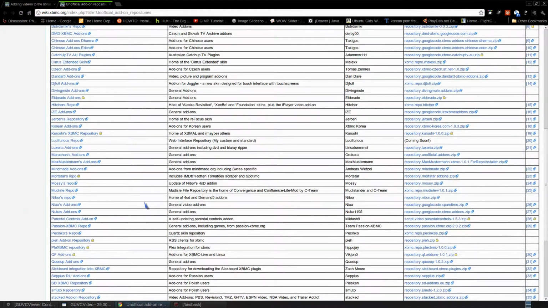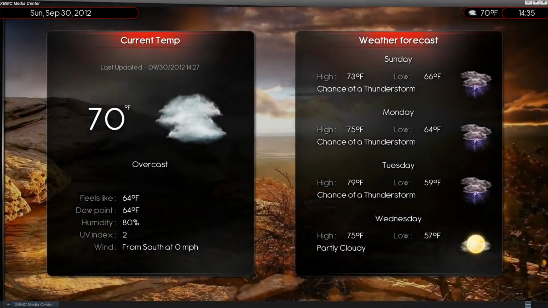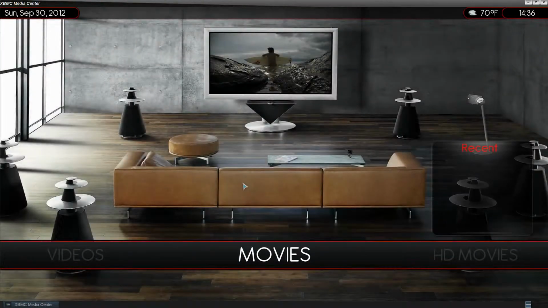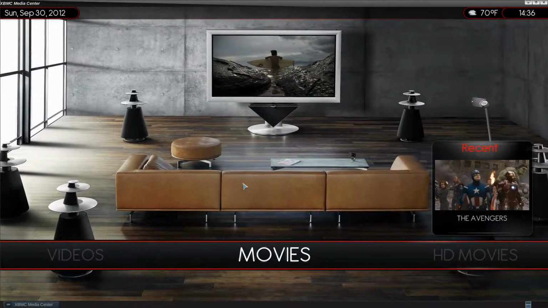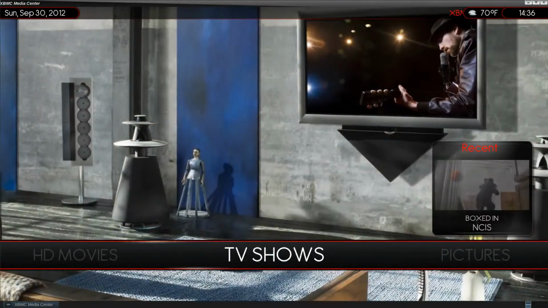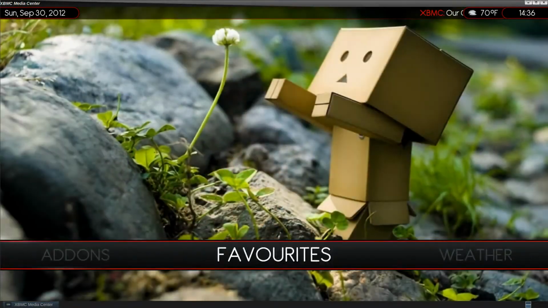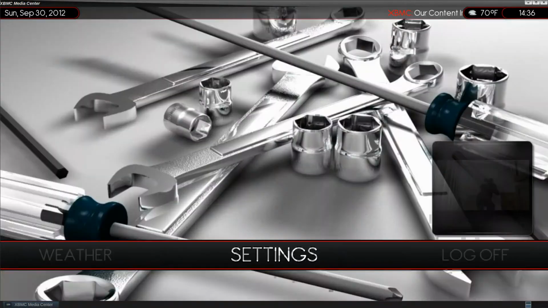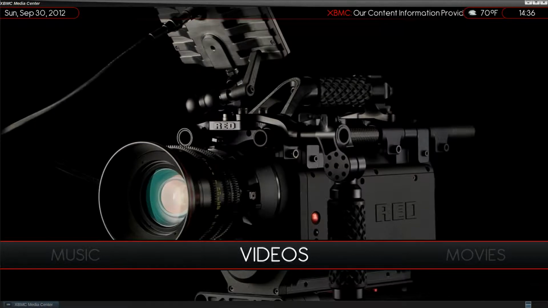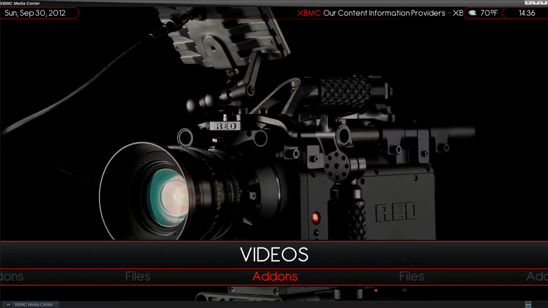Now let's go ahead and take a look at XBMC. Mine starts up and I'm in my weather folder, of course, because I like that. Now this is a neon interface that I like. As you can see, I got movies, HD movies, TV shows, pictures, add-ons, favorites, weather, settings, log off, shutdown. Everything's here. If you go into my videos, you can go to my add-ons,